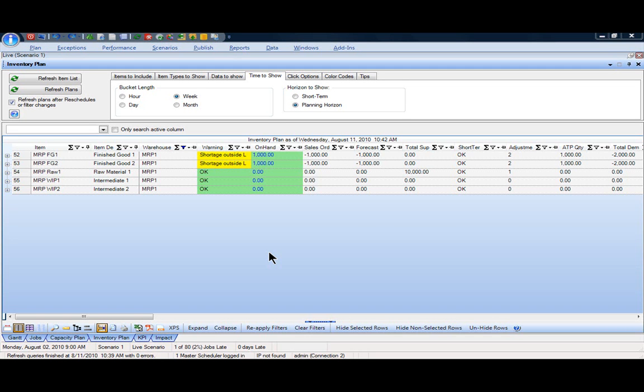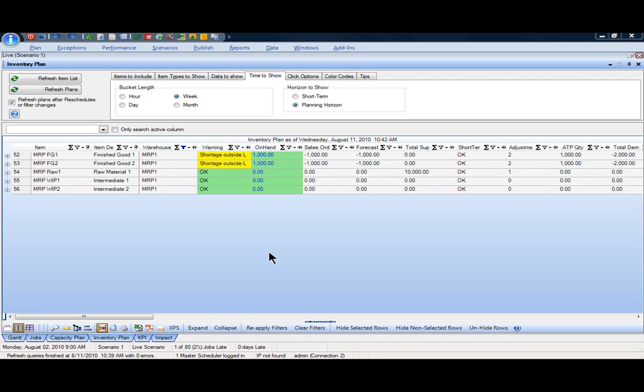In this video, we'll take a detailed look at the material and capacity planning capabilities of the APS. And this is really where the true advanced planning and scheduling capabilities of this system start to come into play, where we're evaluating not only the capacity constraints and rules for creating the production schedule, but we're also able to take a look at independent demands in the form of sales orders and forecasts below